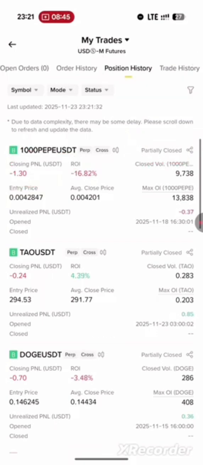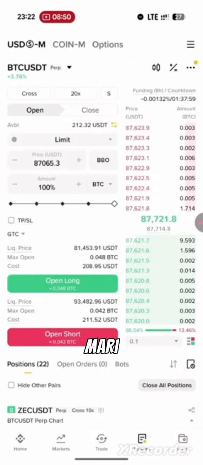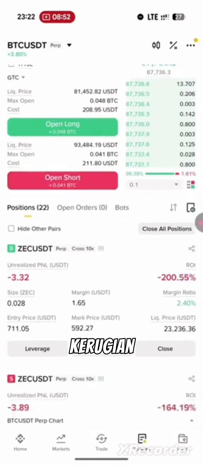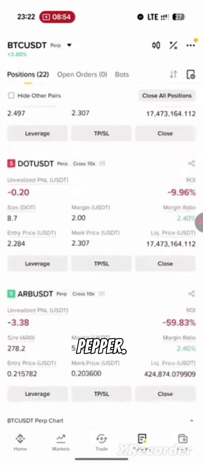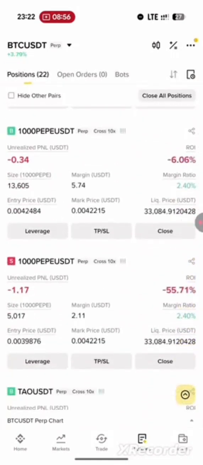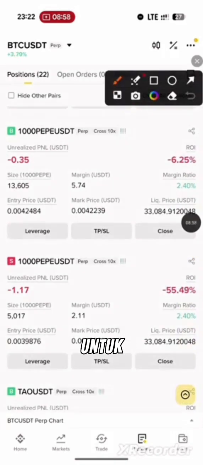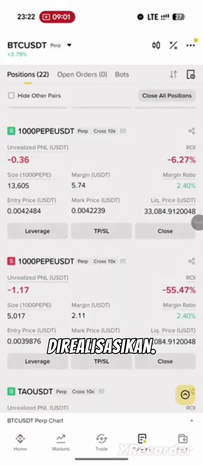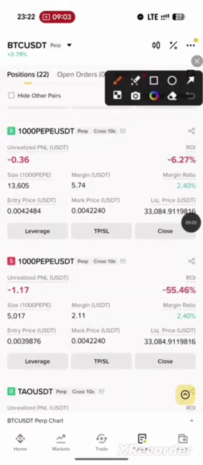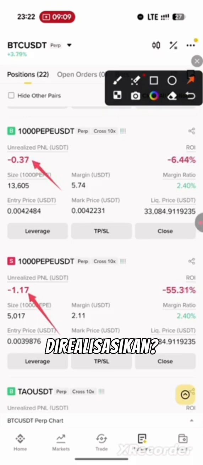And guess what? If we look at the floating loss, let's check for the floating loss for Pepe. This, or the floating for Pepe, these are the unrealized P&L. You see the short and the long unrealized P&L. If you add this up, all right, if you add this up, hold on,